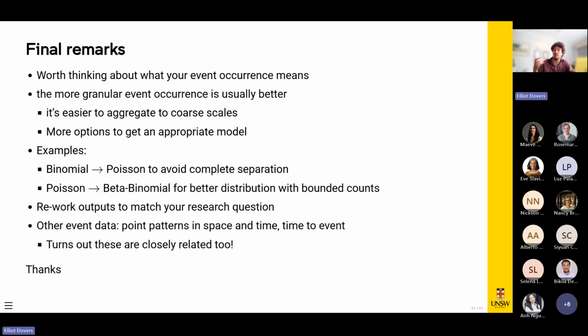There's also time to event data, which is typically analyzed in a survival analysis framework. And it turns out that the Cox proportional hazards model, for example, is actually really closely related to a Poisson process model. So in these types of data, there's a lot of relationship and similarities that are fun to think about. And if you think a little bit more about these properties of your data, hopefully you have all the tools you need to be able to analyze it in an appropriate way. And I'll leave it there